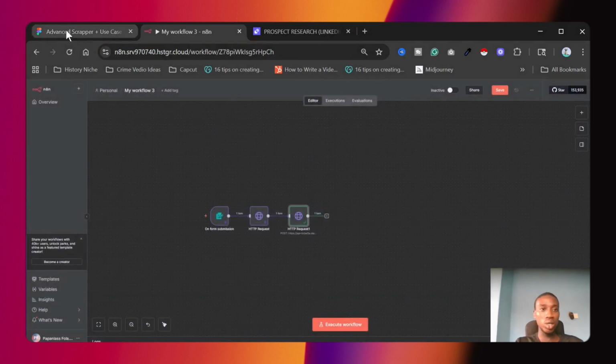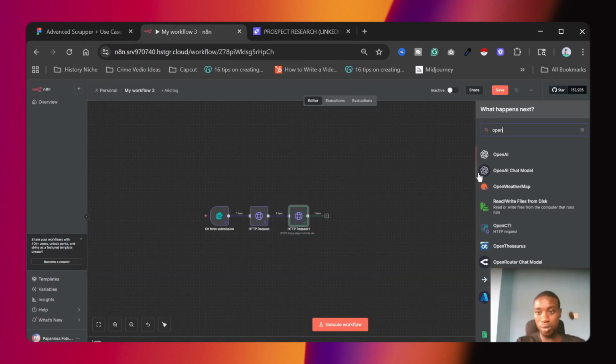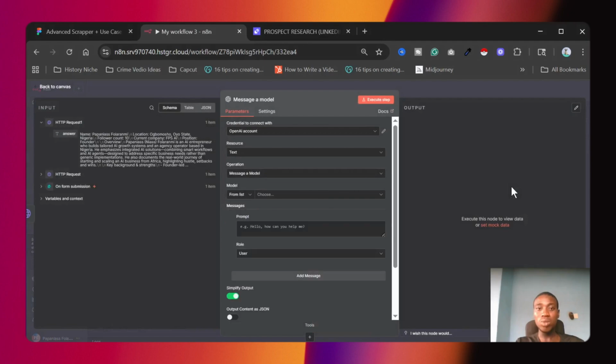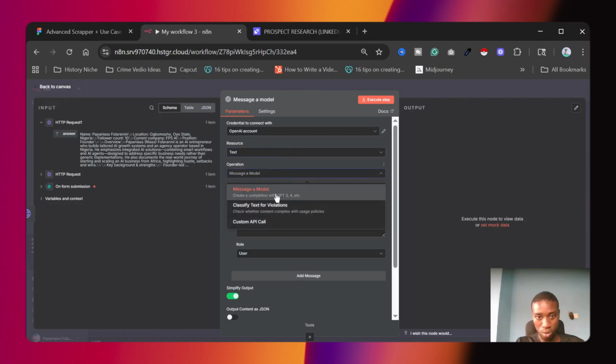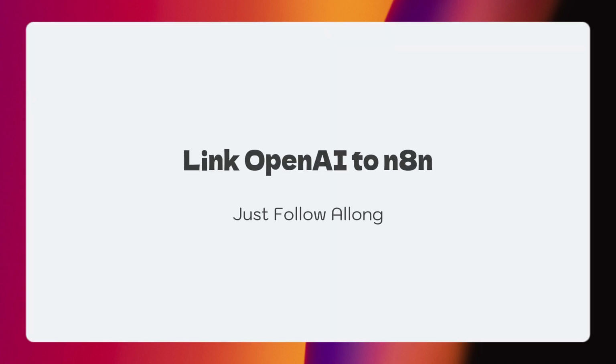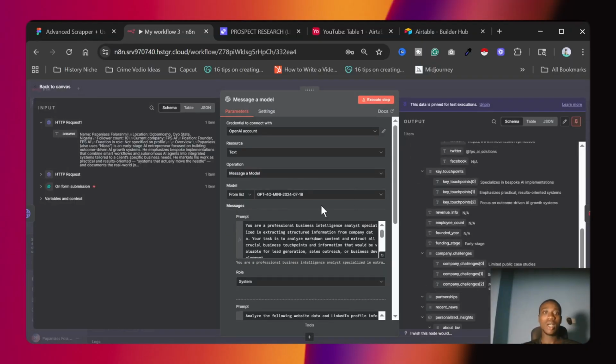The next thing we're going to do right now is just come back here to the AI agent. So here we're just going to use the OpenAI messaging model. And yeah, I made a mistake. I should have done this earlier, but I forgot that some of you don't even have an OpenAI account, and you need to link that to be able to use this OpenAI model inside of anything. So for you to be able to have access to ChatGPT, as people say, on anything, you have to go to